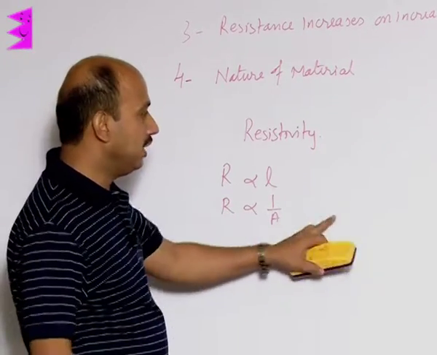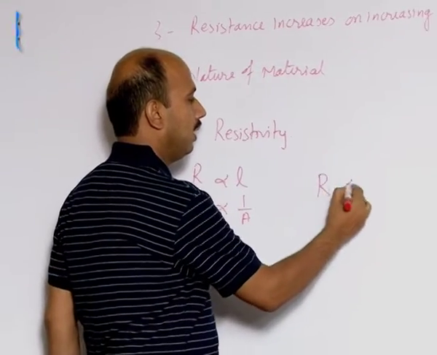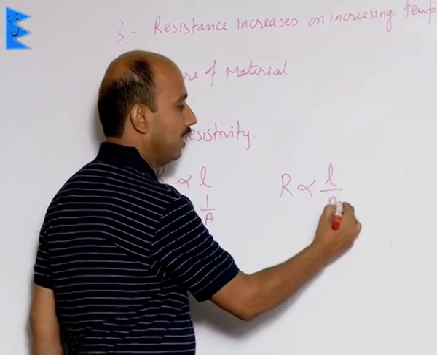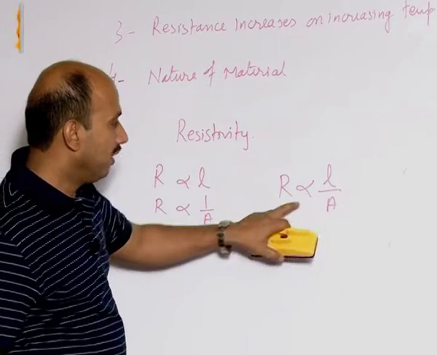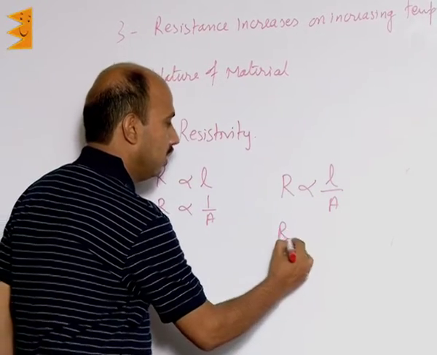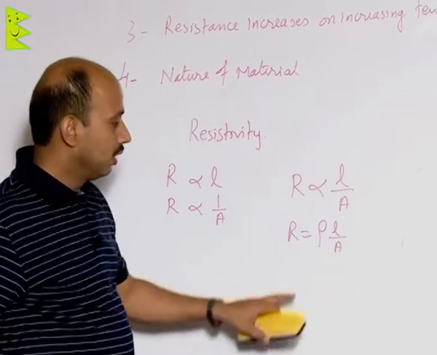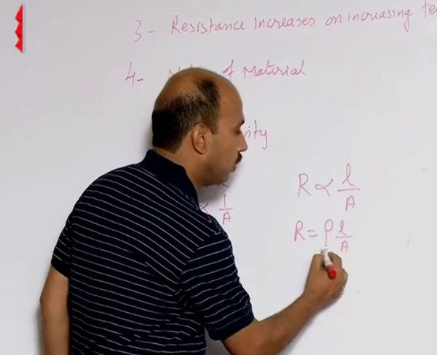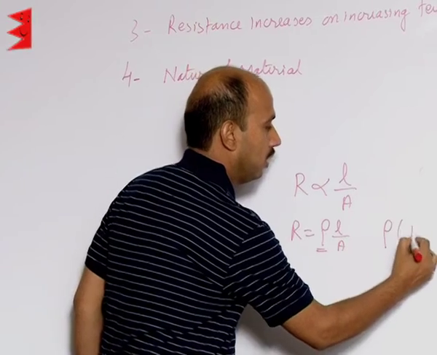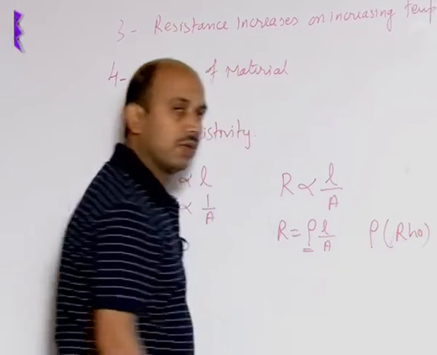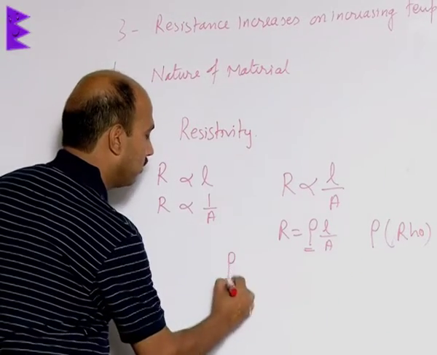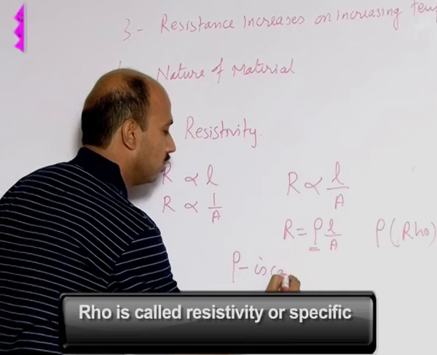We can combine these two, we will get R is proportional to L by A, and when we remove this proportionality symbol, we can put a constant: R equals rho L upon A. This constant is pronounced rho, and this rho is called